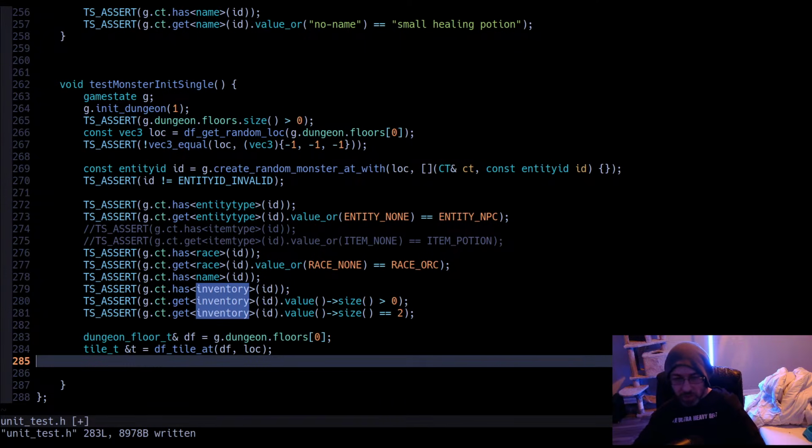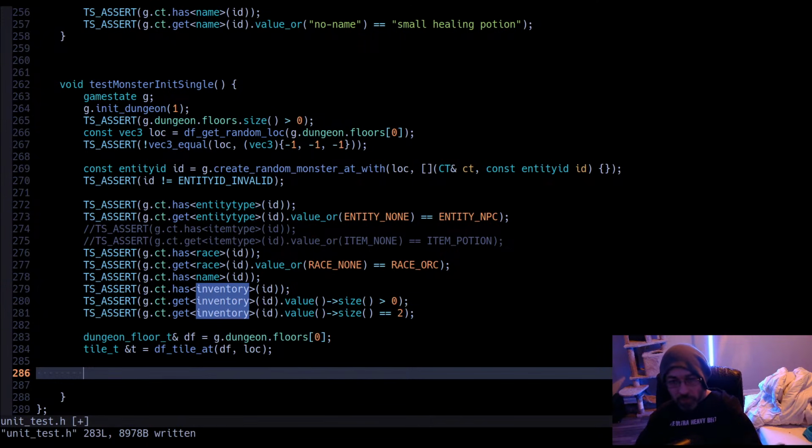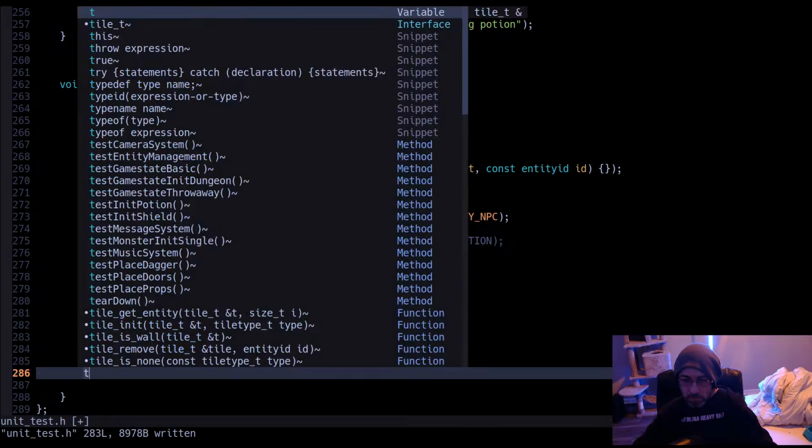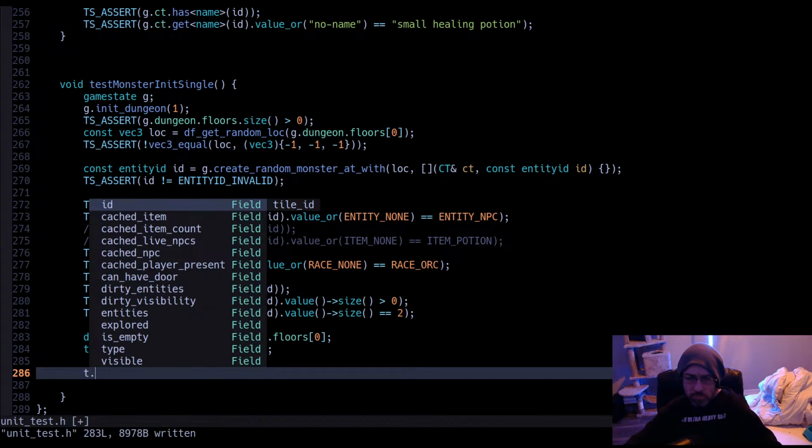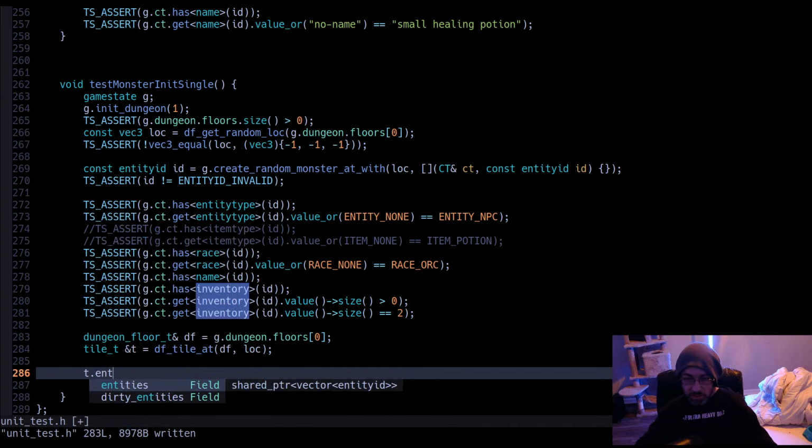Now we can make assertions about the state of the tile. It has t.entities. And that's a shared pointer as well.